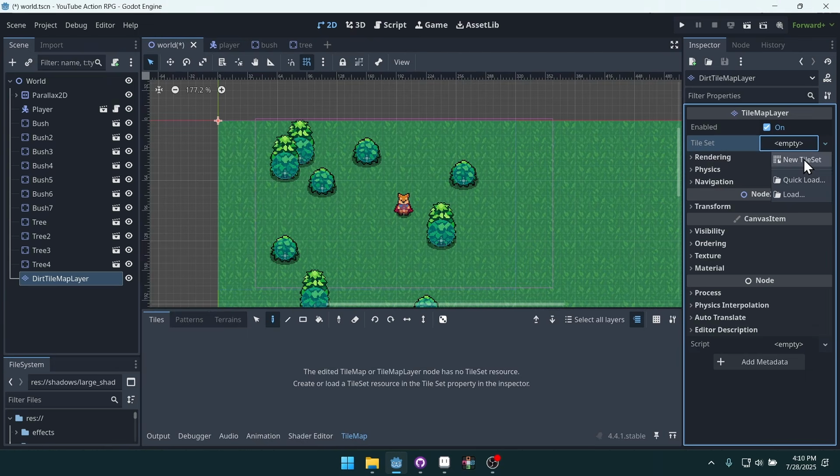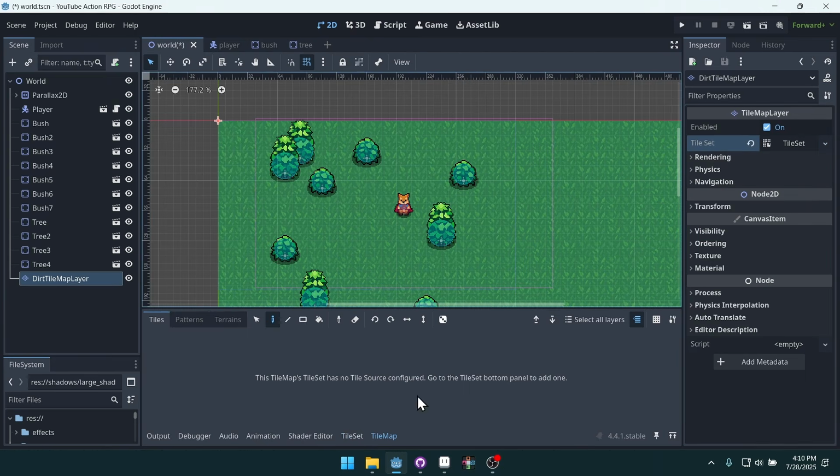Let's create a new tile set resource. And then down here, when we have this tab opened up, for the tile map layer, we have a tile set tab and a tile map tab. Now, it could be easy to confuse those, but again, think about it in terms of this is the data for the tiles that the tile map uses to create the map. So we'll come to tile set,